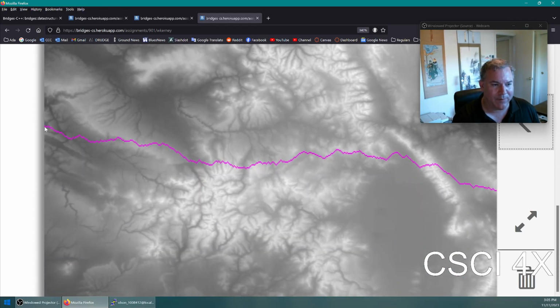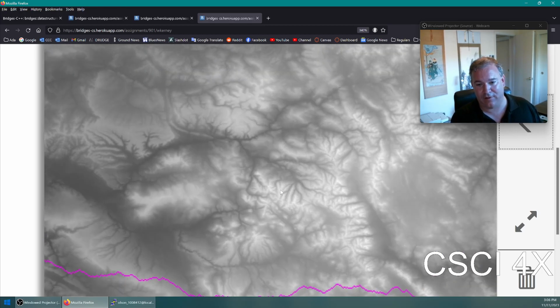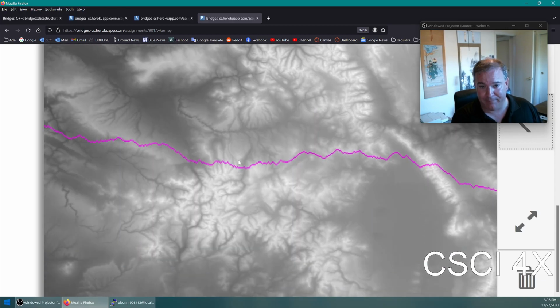Okay. Now, what happens is every time you move east, you move east one step at a time. This is a giant 2D array filled with height data. And so sea level is represented in black, and the highest altitude is represented in white. Okay? And the rule is, as you move along these routes,